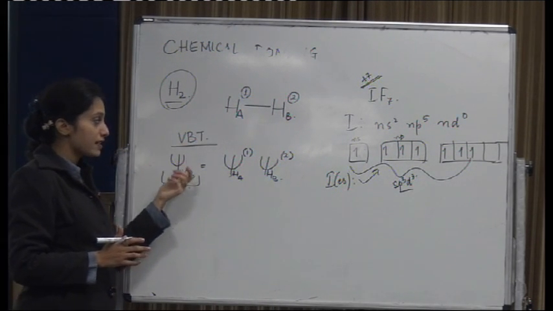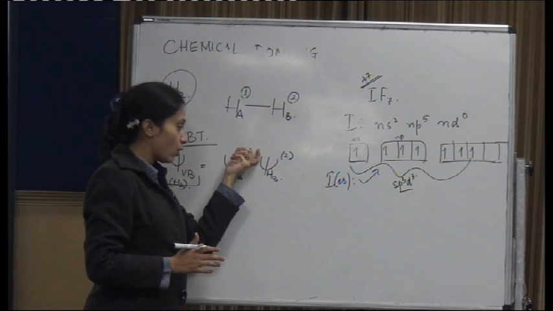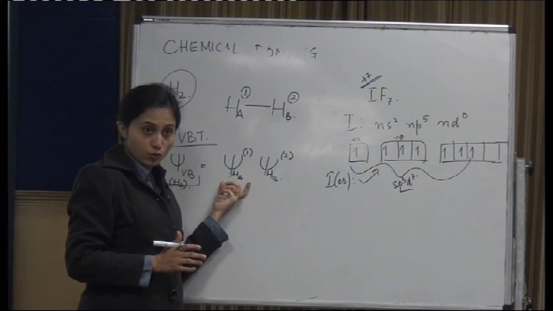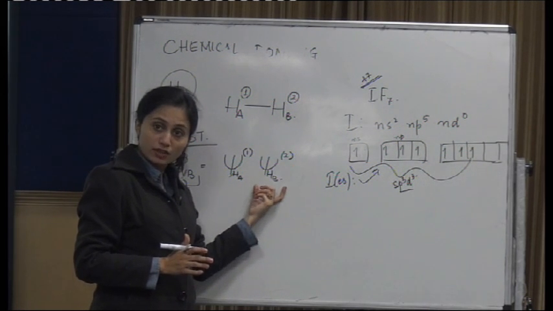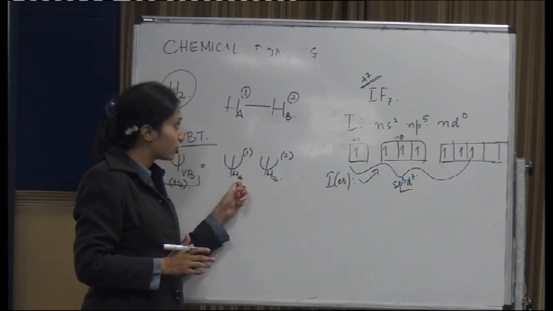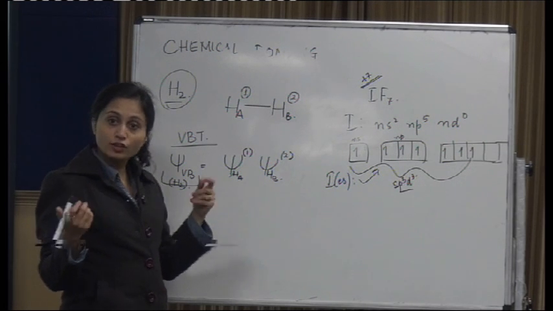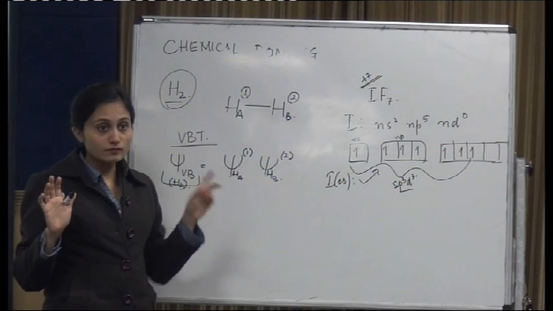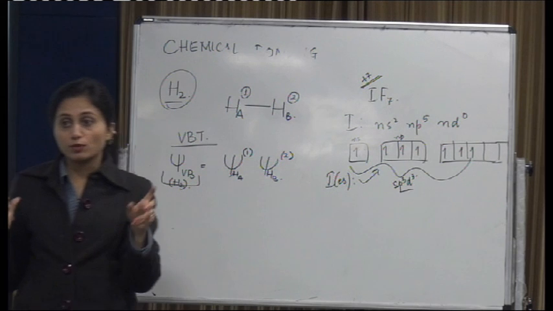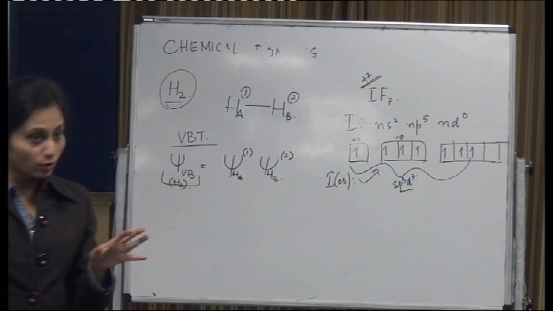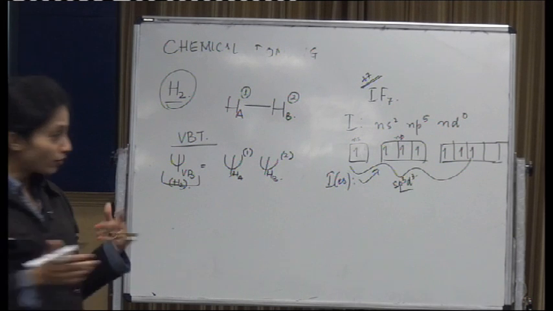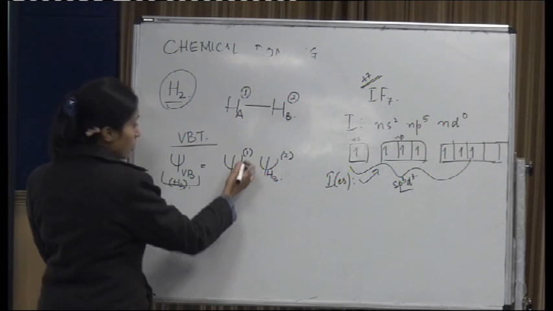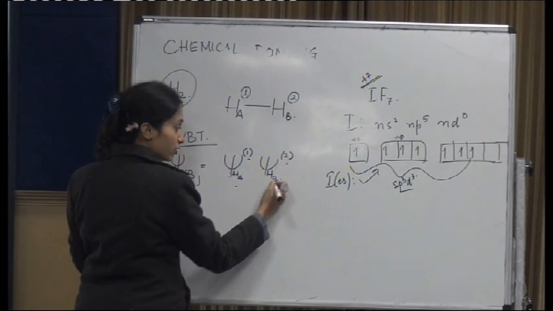What happens is in this each electron is associated only with its own atom, and here again each electron is associated only with its own atom. One is associated only with A and 2 is associated only with B. Now the point, a question has been put up, then it is not talking about the covalent character which we talk about generally in valence bond treatment. Now here when you have to talk about one being associated with A and 2 being associated with B,